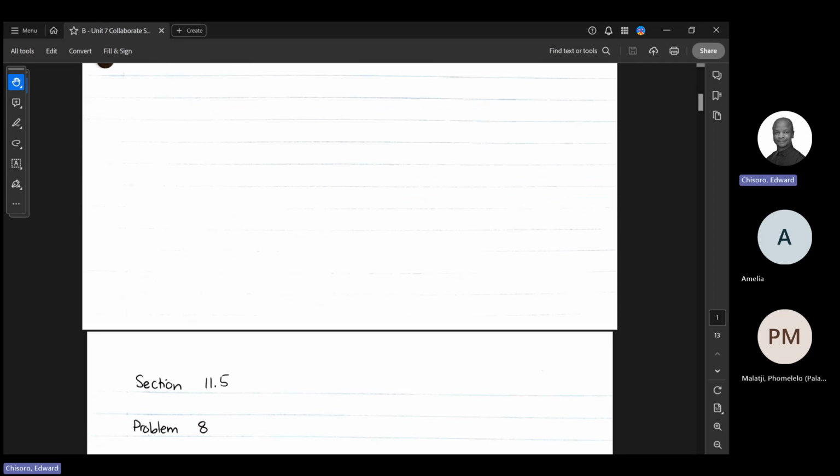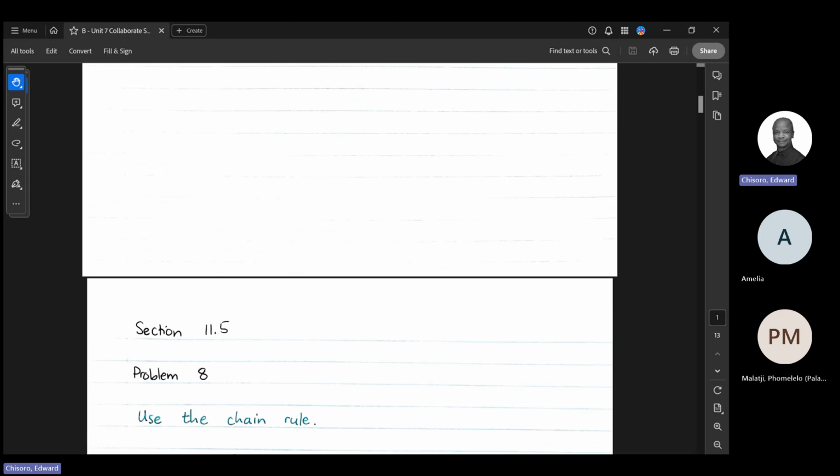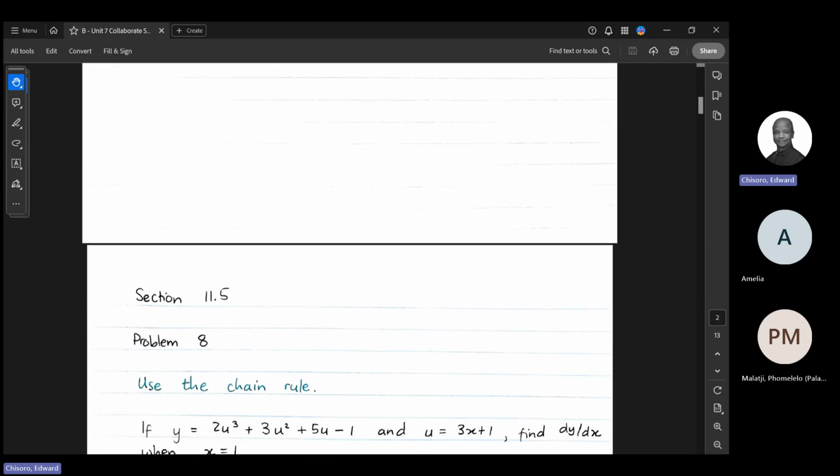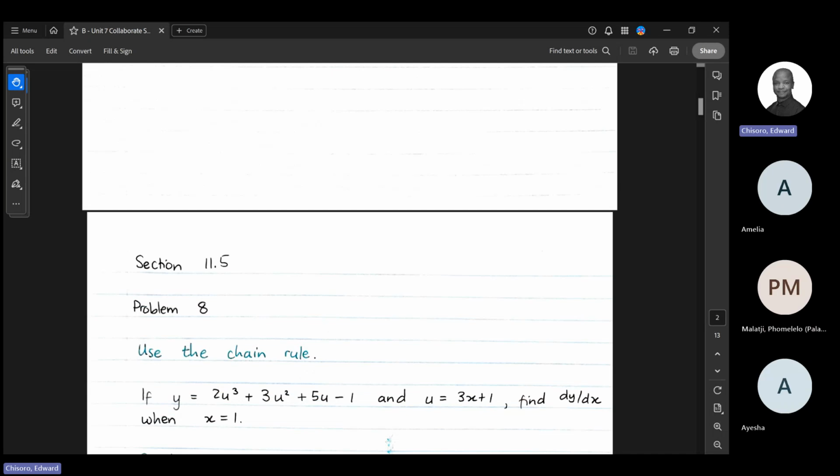I will also try and aim for this session not to keep you for too long because last time I explained too many things and then we ended up rushing the last part of it. So I did write the solutions before, so we'll do it kind of like a discussion with some explanations in between. All right. So the first problem is problem number 8, and it is asking us to use the chain